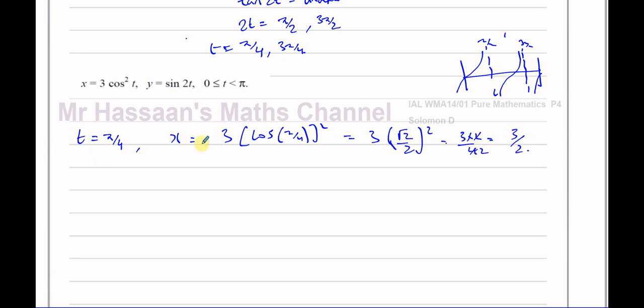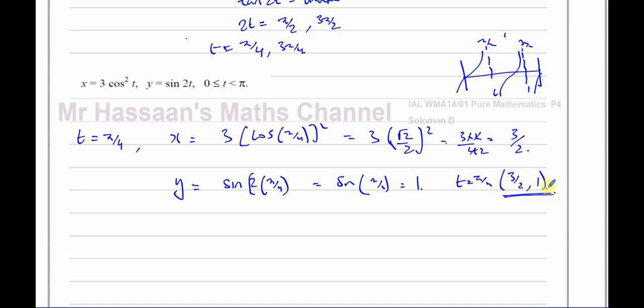So that's the x-coordinate when t equals pi over 4, and y is equal to the sine of 2 times pi over 4, which is equal to the sine of pi over 2, and we know that's equal to 1. So when t equals pi over 4, we're on the point 3 over 2 and 1. So that's one place where the gradient of that curve is equal to 0. And when t equals